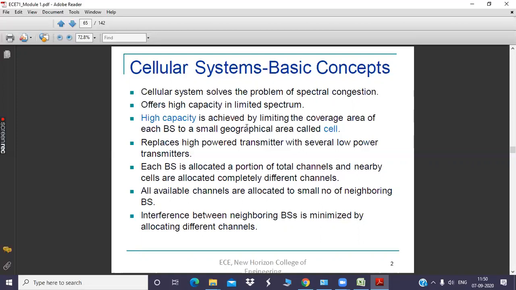To tackle all these problems, we have divided the entire geographical area into small cells, where each cell will have a separate base station, most probably in the center of that particular cell. Those will be low power transmitters. Why are we not going for high power transmitters? Because we have more cells. Why do we have more cells? Because we are sharing the channels in a broad way. Since subscribers have increased, we are forced to share the channel among all the available subscribers. So we are forced to increase the number of cells, which means we have to increase the number of base stations as well. But those base stations will have low power transmitter antennas instead of mounting a high power transmitter.